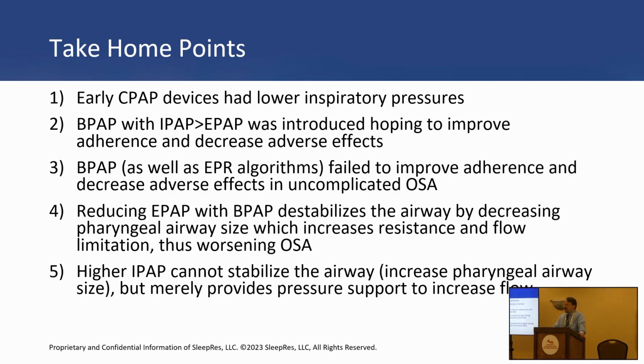And we're going to talk today about really the future of PAP therapy and some of the devices that are already available in that regard and what may be just around the bend. Some of the take-home points from this will be a little bit about the history, when different types of new changes came about, the development of BiPAP and pressure relief algorithms, and what impact that had and the thinking behind that. But then also, we're going to look at what effect some of that had, including reducing the EPAP, which